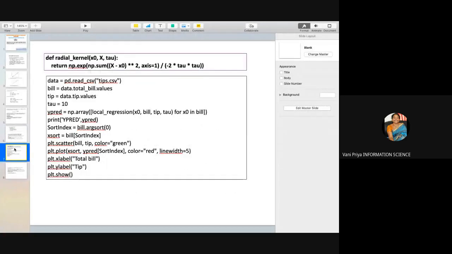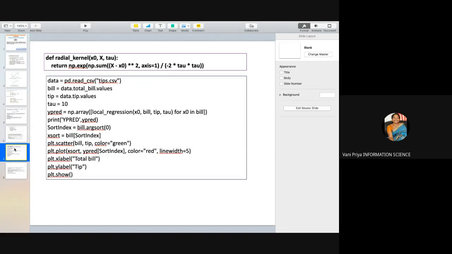We start with data is equal to pd dot, that is pandas, which we are going to import, and we are going to read the CSV file tips.csv. It contains many hundreds of data points, 300 plus training examples, but when I execute the program I am reducing this data set to only 10, so that you will understand all the concepts properly. In the exam you are going to use this tips.csv file, so you read it into data.